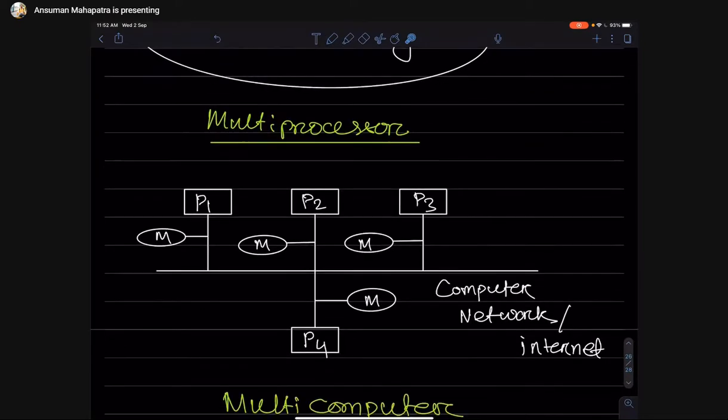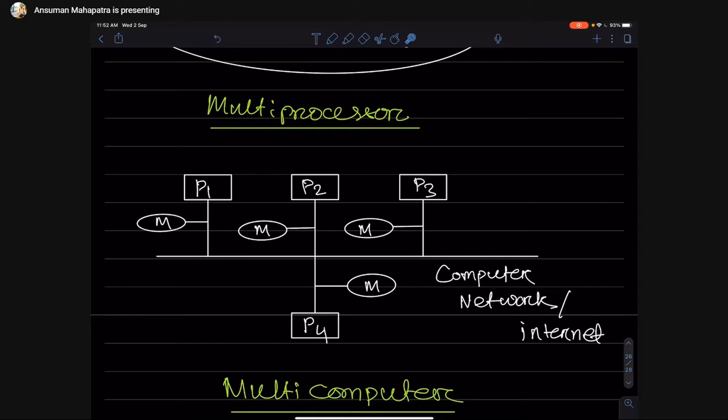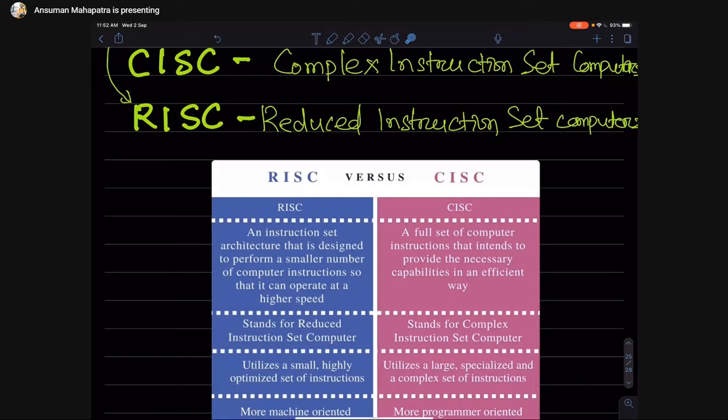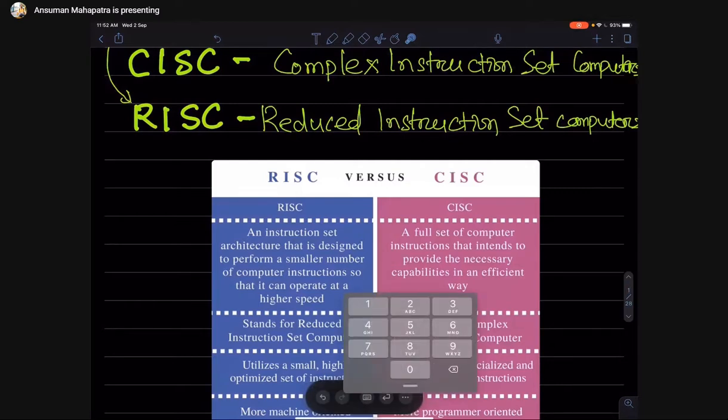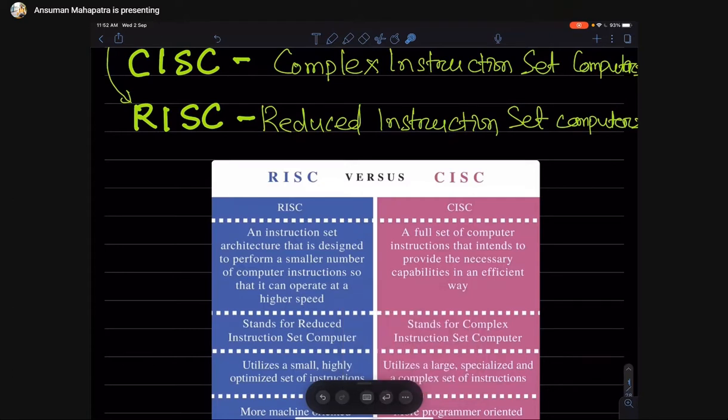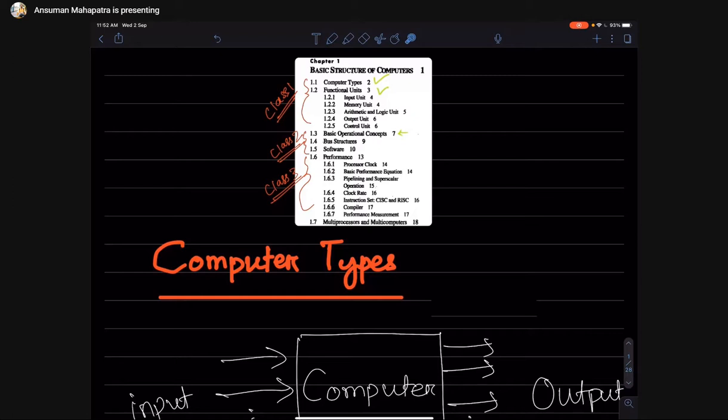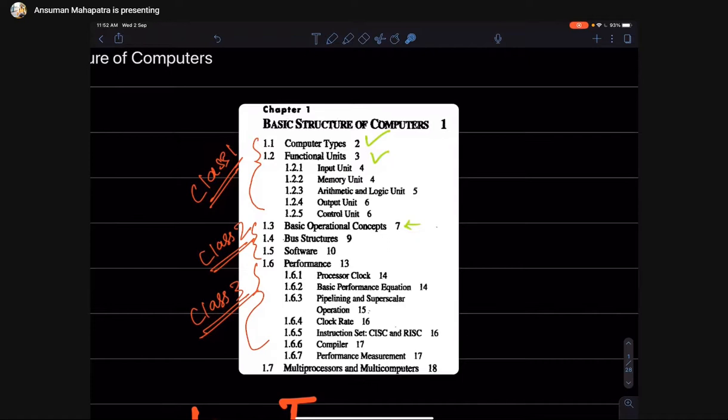Up to this, if you have any doubt, you can ask in any section of chapter number 1. Any doubt? So our chapter number 1 is over. I was thinking it would take 3 classes.